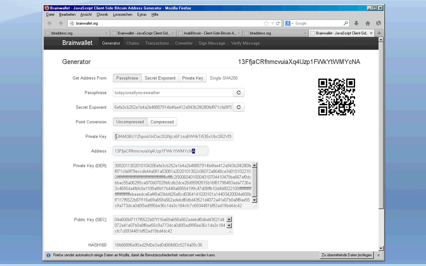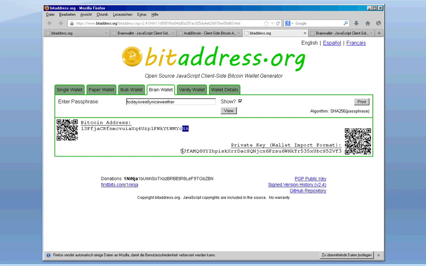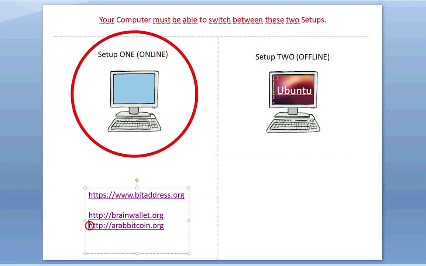We check our private key, JFA, F3 at the end. We switch back to bitaddress.org. F3 seems to be the same. We can check this with a third website,